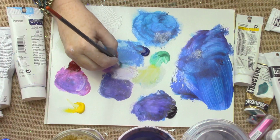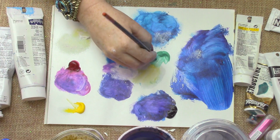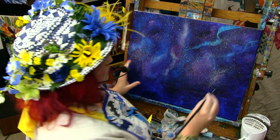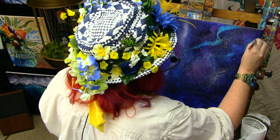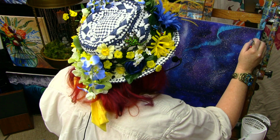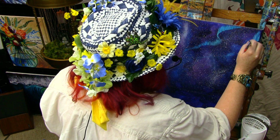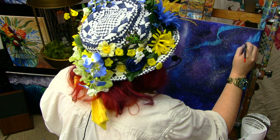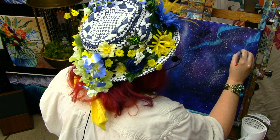The transparency of the paint is helping me. All of these colors are slightly transparent. That definitely works in my favor. What you're just trying to do is this upward stroke. It's a little challenging, but you can get it. The other thing I'm doing is not too much